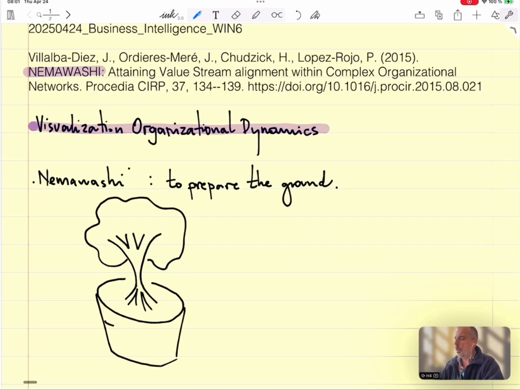Make sure you have quality earth so that the tree can root properly, okay? So this is the organization. And this is the ground. And with nemawashi you prepare the ground, okay? So with this method,